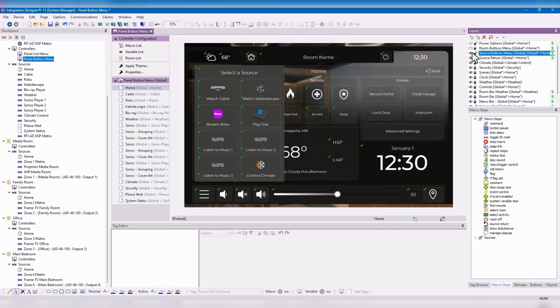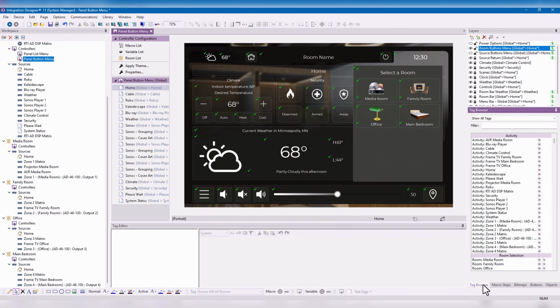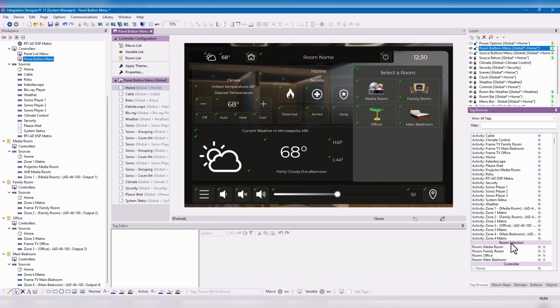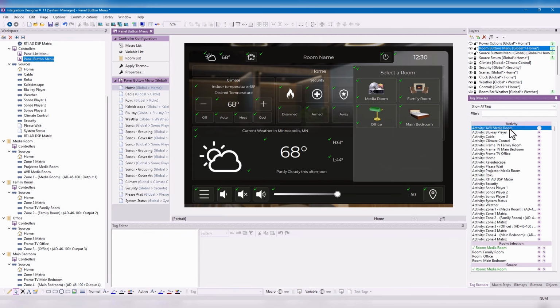Well, with the room selection, you're going to tell the system what room was selected. So I'm going to go to the tag browser, and under room selection tags, I'm going to drag these over to the correct room. Media room goes to the media room. That'll turn green since it's already used. The family room, that's going to go to the family room button. And now that turns green. The office,